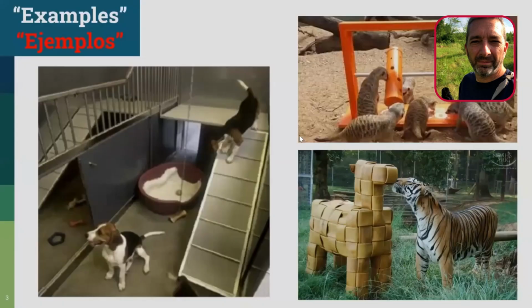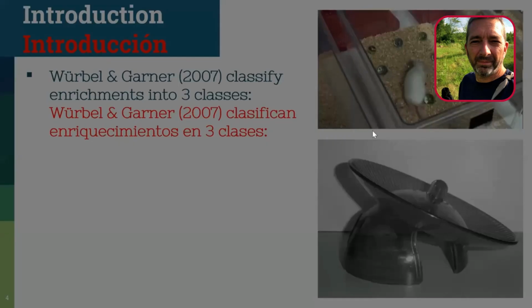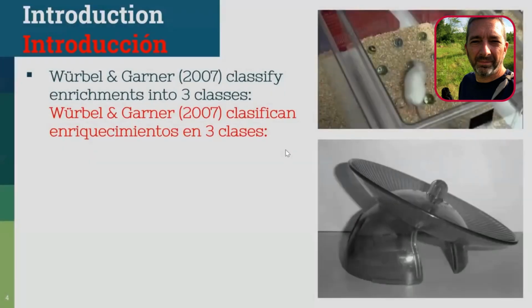So when we think about environmental enrichment, I guess probably we think first off of zoo animals, but really environmental enrichment can be imposed or applied to any animals that we house, in quotes, in captivity. So lab animals, farm animals, zoo animals, companion animals. Now, thinking back to Ruth Newberry's definition about that improvement in biological functioning,